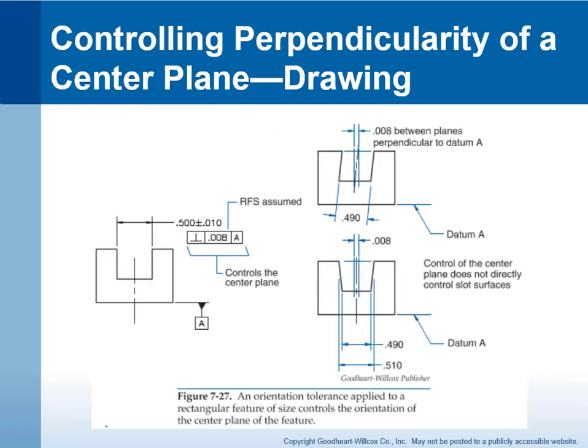Here's controlling perpendicularity of a center plane. Okay, I have an 8 thousandths between planes perpendicular to datum A. And then I have another condition over here that shows you what that is. I'm going to stop this here and finish in the next